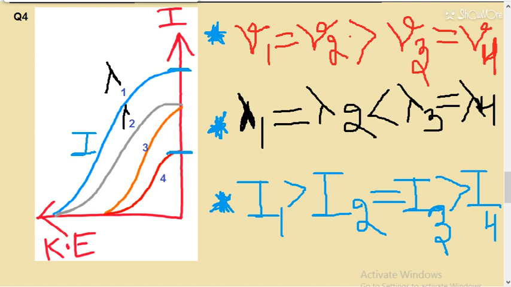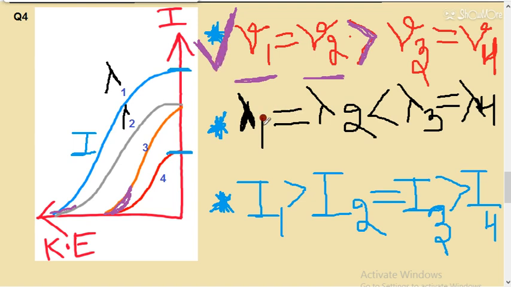I am repeating the concept again. Kinetic energy for the first radiation and the second radiation is the same, so the frequency of 1 is equal to the frequency of 2. Then the kinetic energy changes. The kinetic energy for 3 is less than for 2, so the frequency of 2 is greater than the frequency of 3, and frequencies 3 and 4 are equal because the kinetic energy is the same in this case. So I hope the first is clear. You can note down the solution, please. The first expression, for the frequency, is clear.